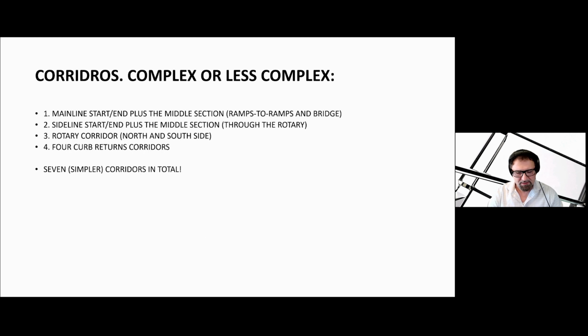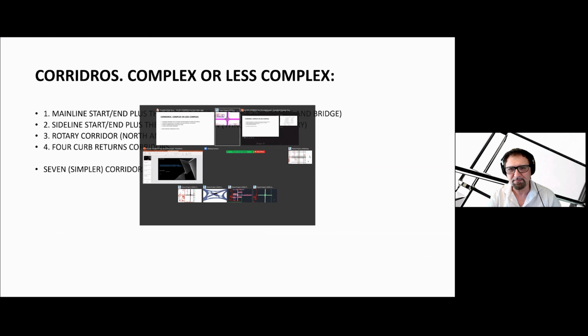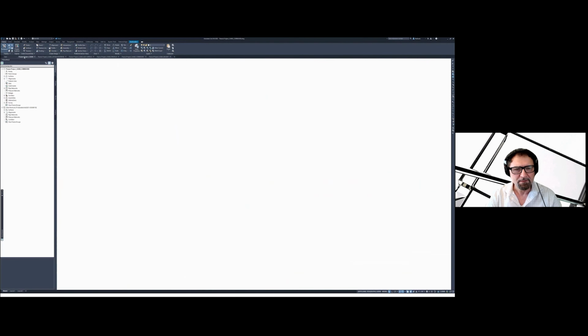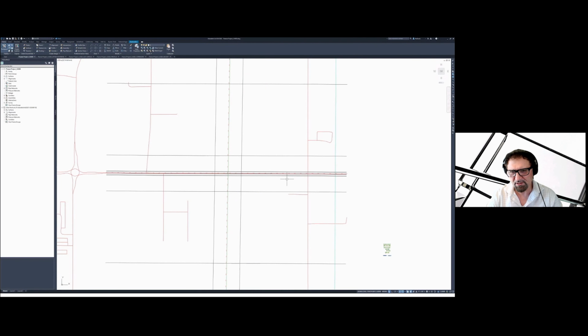All right, so I'm going to switch over to an application, Civil 3D, and jump into just a simple layout, just to show you some of the techniques that I've employed to create these models.